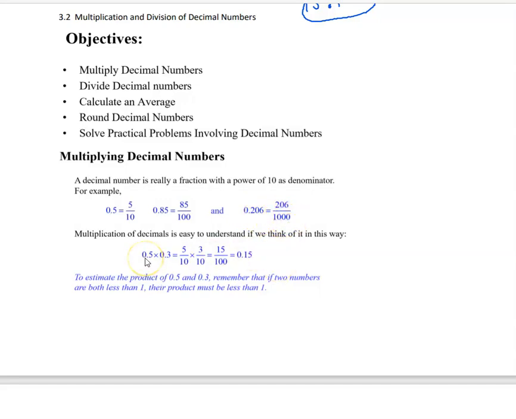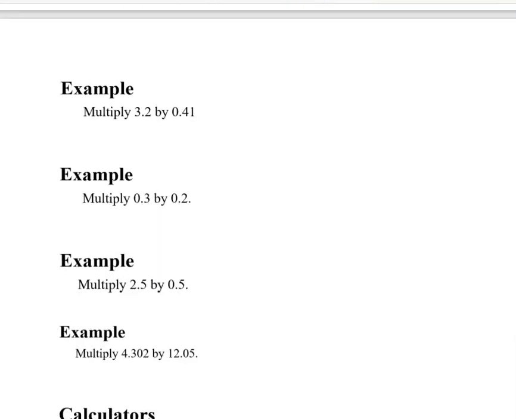So multiplication of decimals is easy to understand if we think of it in this way. 0.5 times 0.3, or 5/10 times 3/10, is really 5 times 3 is 15 over 100, so it's 15 hundredths. So let's work some examples with this. If we take